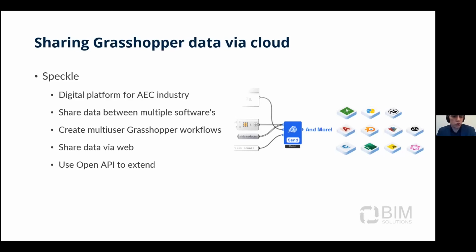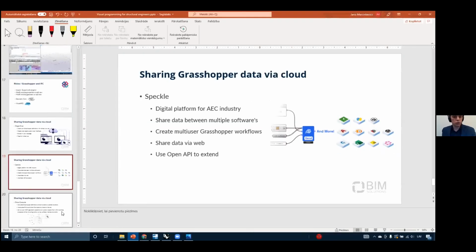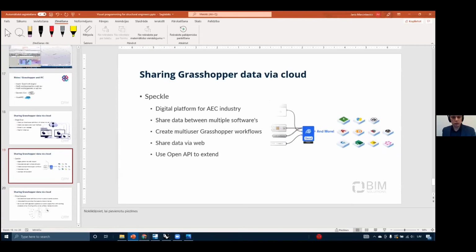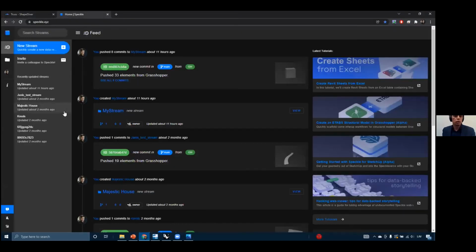It allows you to share your data through the cloud, through the web, and it has a very good open API. So if you know some programming, not the visual but the conventional kind, like C# or Python, you can extend the possibilities of the whole thing. A very good example to show how it works: let me go to the Speckle